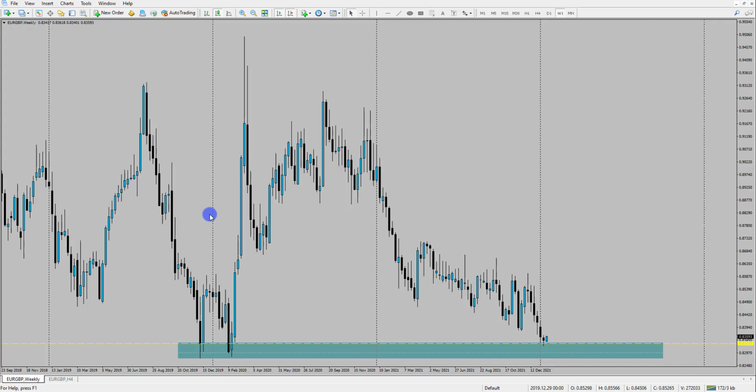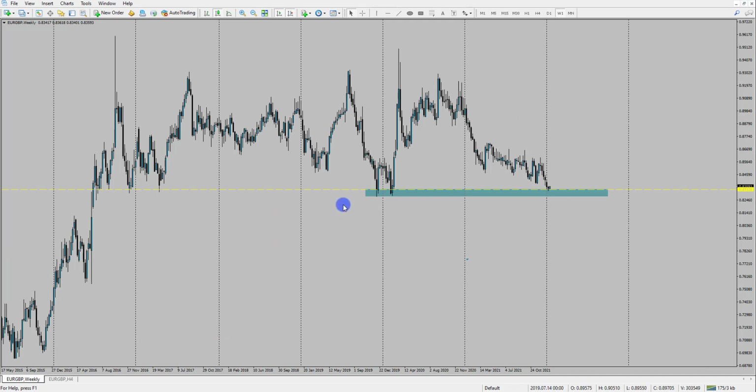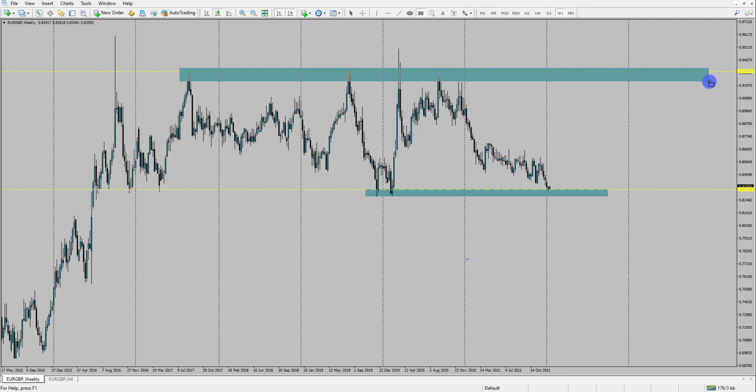In this video we're going to be taking a look at Euro Pound as the price is at a major support point. Now Euro Pound usually trades within this larger time frame range. You can see on this weekly time frame price usually trades between sort of the 0.93 area to the 0.83 area, and the last time price came in and around this point we saw quite a large move from the market, which started with quite a small sort of reversal setup, which turned out to be quite a large important move back in 2020,